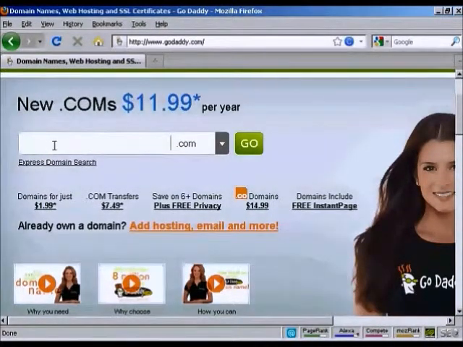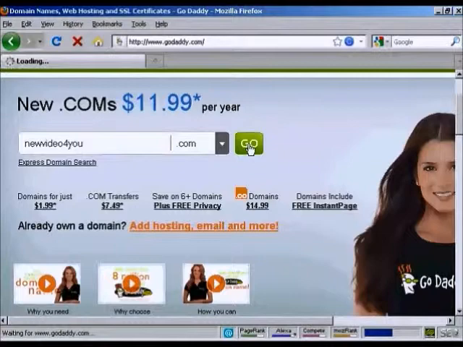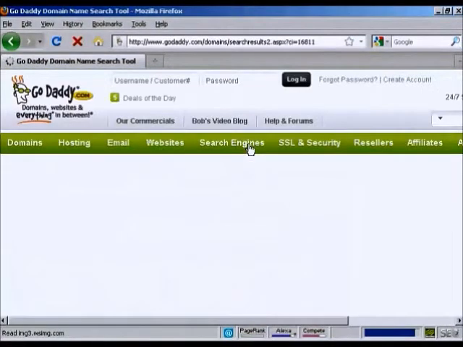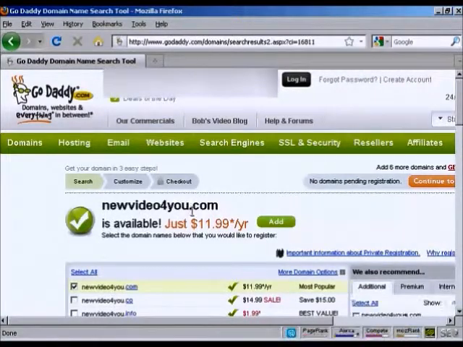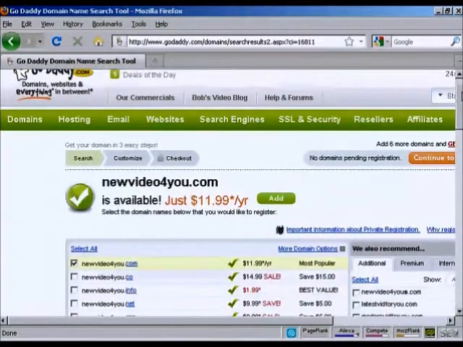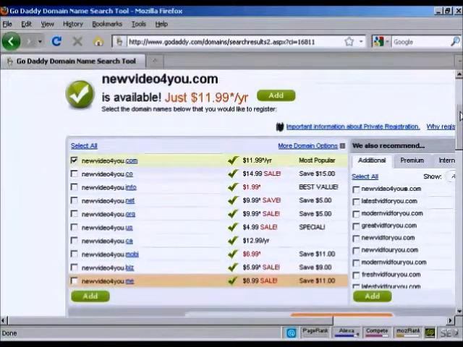And the first thing to do is to enter the domain name that you're thinking about registering to make sure that it's still available. So let's try this one. newvideoforyou.com, and click on Go. And it says here newvideoforyou.com is available, and it also shows you all the other ones that you can have, .co, .info, .net, etc.,